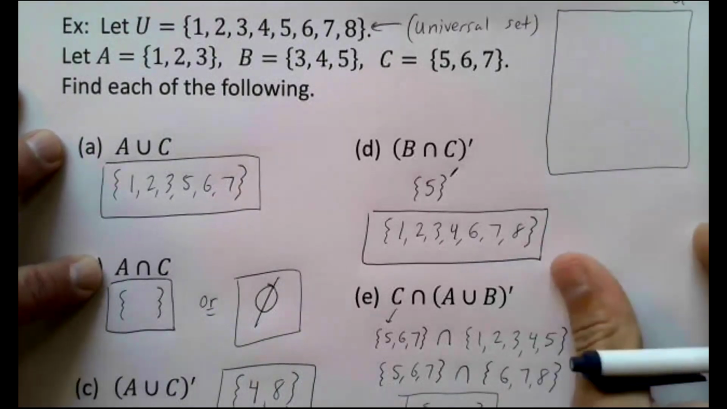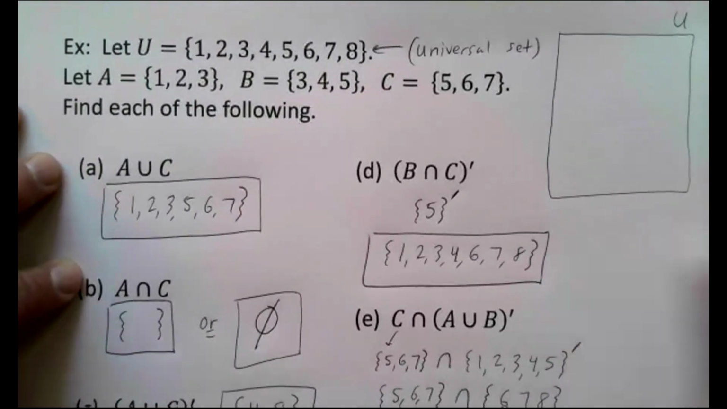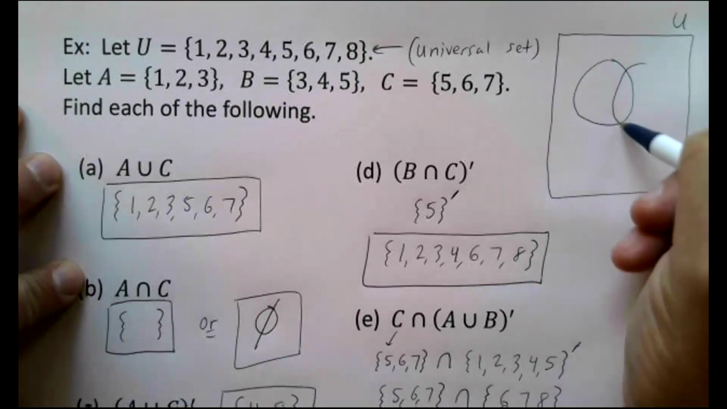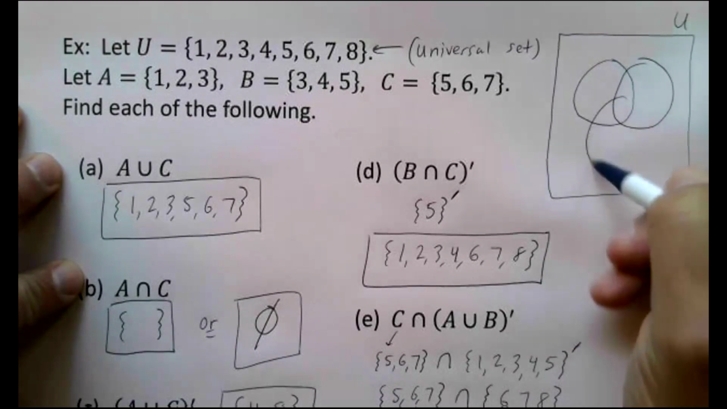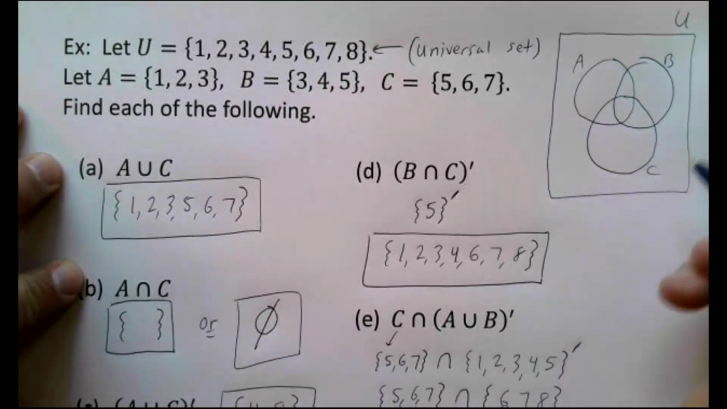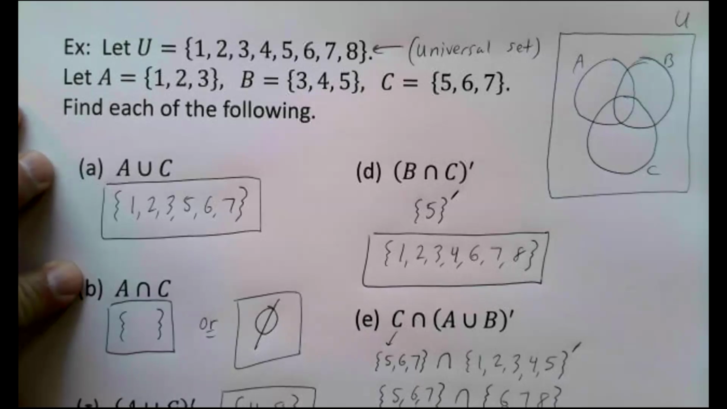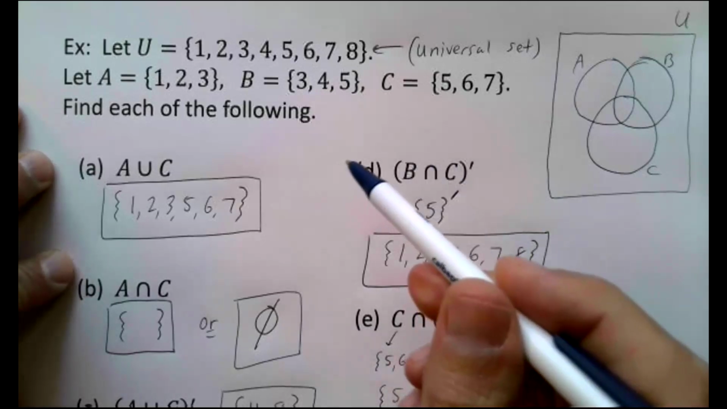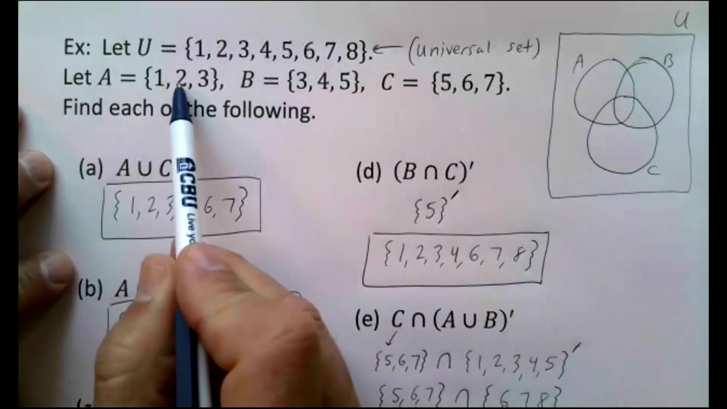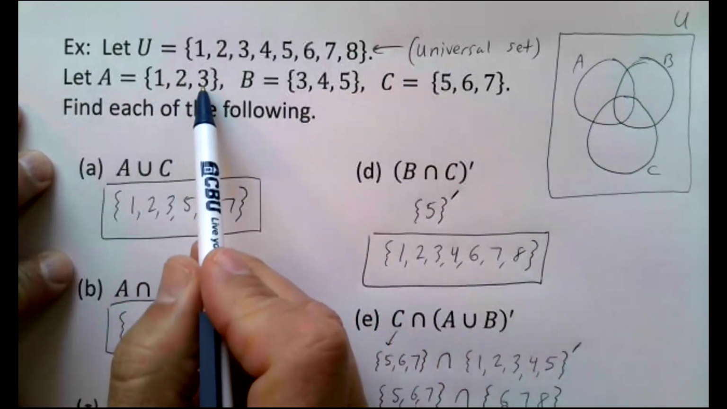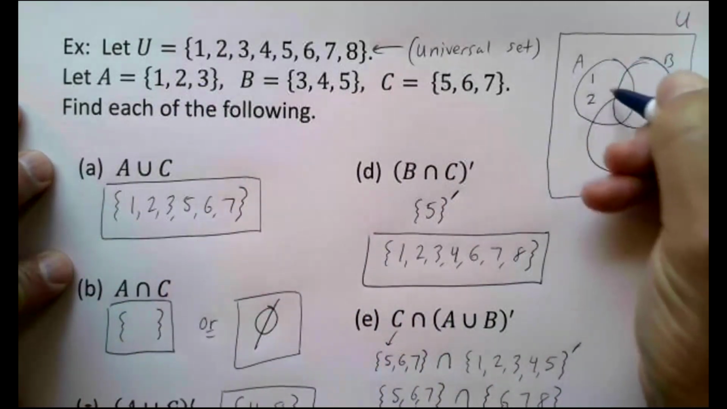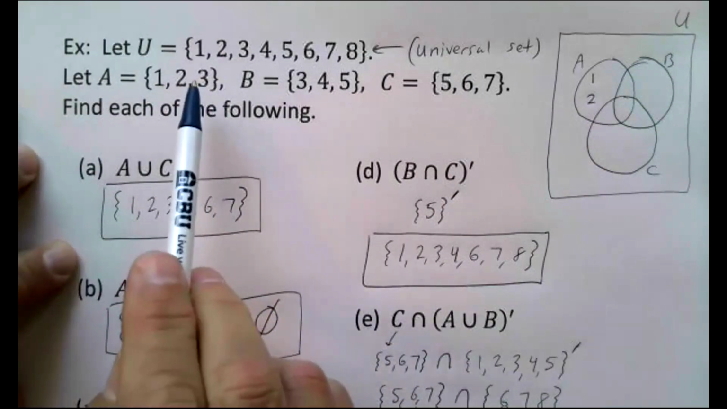When we draw the big rectangle, that's our universal set right there. A three circle Venn diagram usually looks like this. A, B, C. And let me draw a three circle Venn diagram for this situation. For example, A consists of 1, 2, 3, right? I can put 1 and 2, and I can put 3, but let's be careful where we put 3